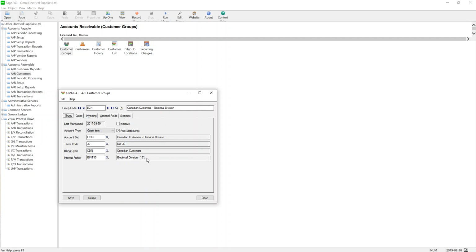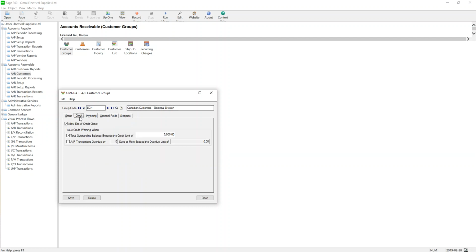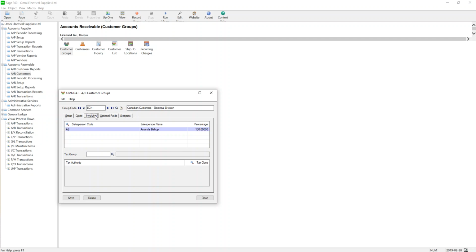So that means I charge 15% interest on anybody that's overdue. But this was done in the previous chapter. So now what I'm doing is I'm linking those ones to this group. Then I go to the credit. So by default, all the customers that I'm enrolling into this group will have a default credit of $5,000 for